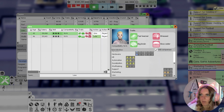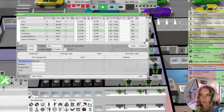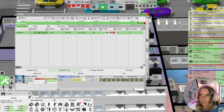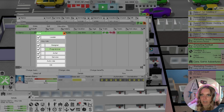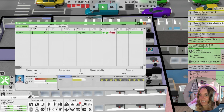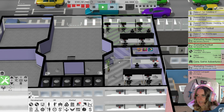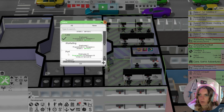Unfortunately, we don't have anybody with any law degree, but that's okay. We'll go ahead and hire this gentleman anyways, go into our law employees and change his role to a leader. Let's just hope that he picks it up eventually. Maybe not, that's okay. And then let's just go ahead and assign both of these rooms to our law team